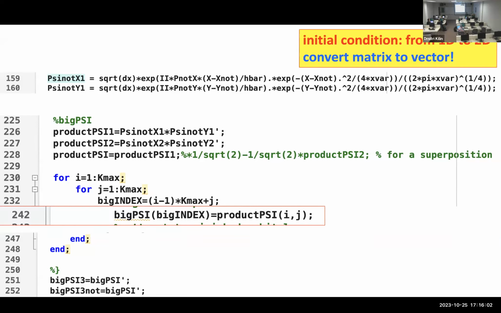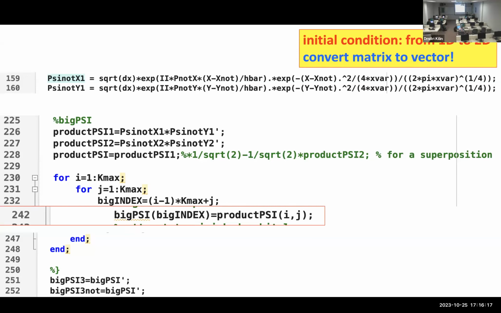So I'm erasing. This slide shows how to prepare the initial condition. I'm not pretending to show the complete picture, just giving a little overview.